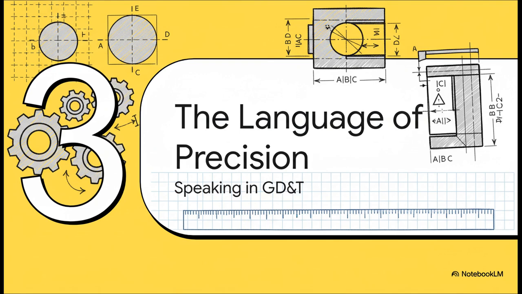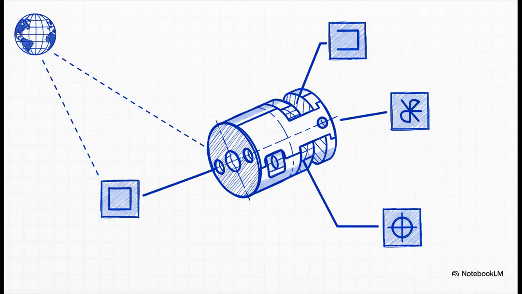For that, engineers needed something way more powerful. They needed a whole new language dedicated to precision. And that language is called geometric dimensioning and tolerancing, or as we all know it, GD&T. It's this universal system of symbols you see on blueprints, and its whole purpose is to kill ambiguity. It makes sure that a part designed in Munich can be perfectly understood and made by a machinist in Minnesota